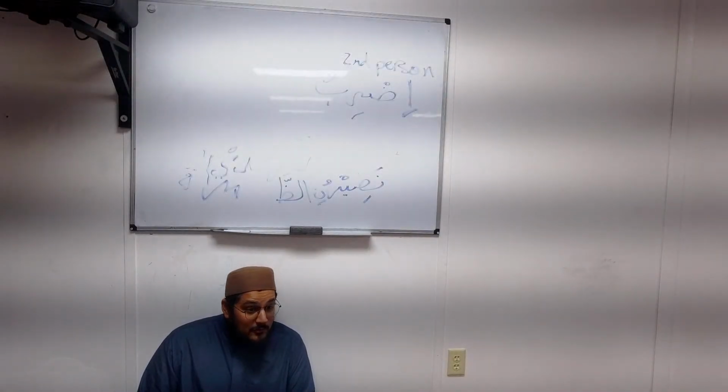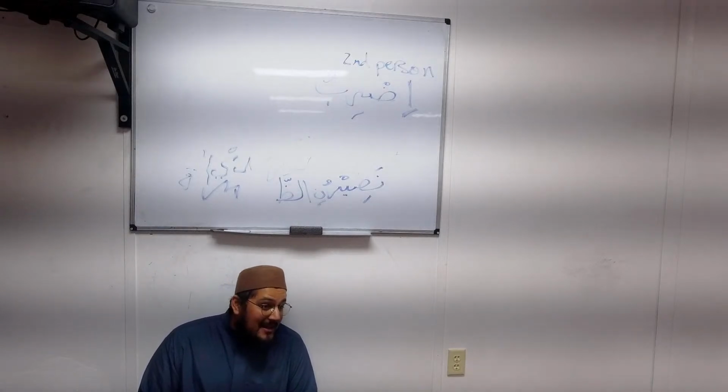And just as we've learned that "atun," when talking about a plural female, is indicative of a plural female word in the Rafa' state, but "atin" is indicative of a plural female word in what state? Jar or Nasab state. We will come across word classes that have no haraka changes, but they have state changes. You just won't be able to see any of the impact of the Rafa', Nasab or Jar state on the word, but it is in a specific state. And lastly,